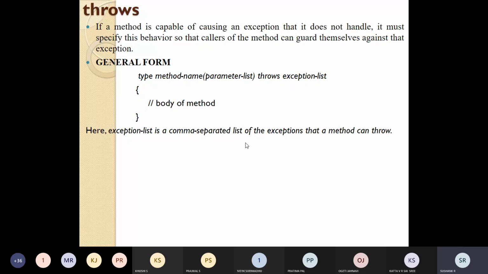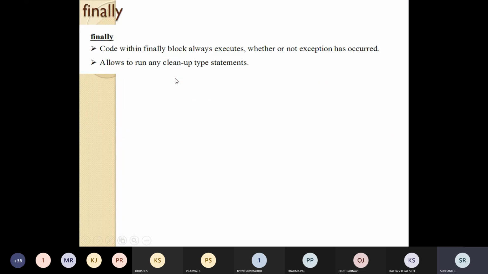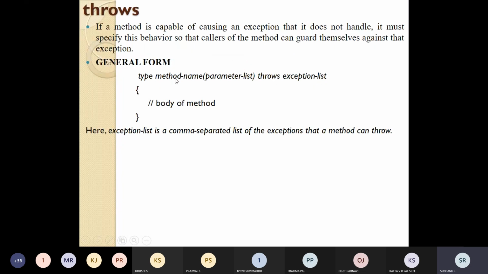For example, in this scenario, if this method is capable of causing an exception, it can inform the caller so that the caller can guard himself against that exception.